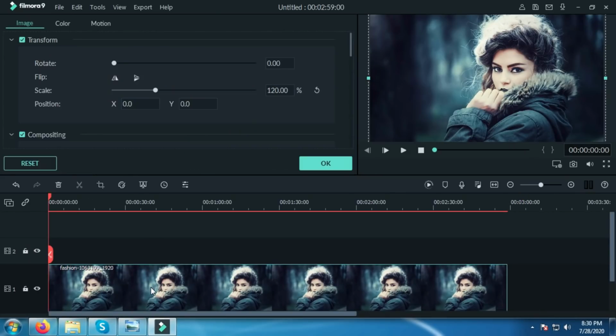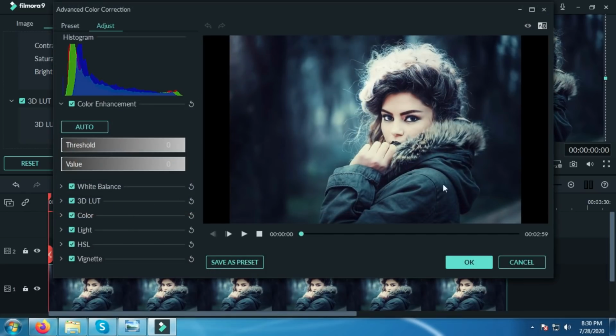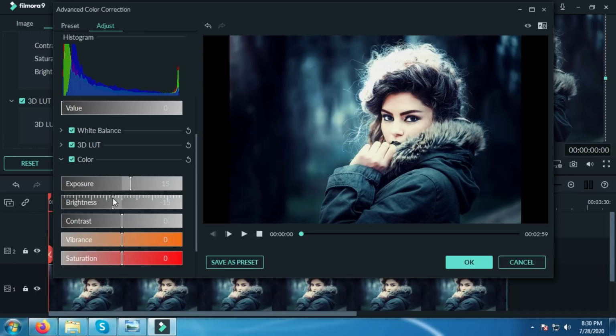Next we are going to see about color correction. I am importing one image file. So go to advanced, click the color correction option. With the video in dark, you can brighten it, you can adjust the exposure, brightness, contrast and vibrance and saturation.